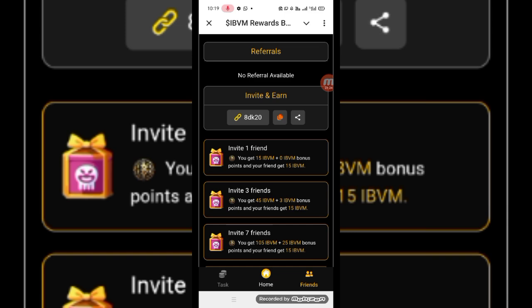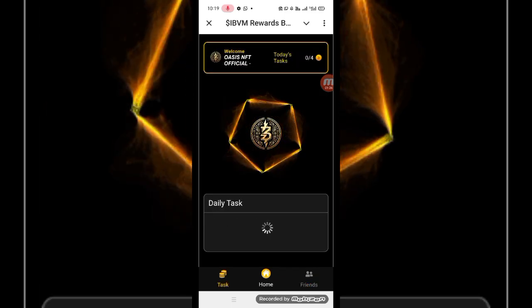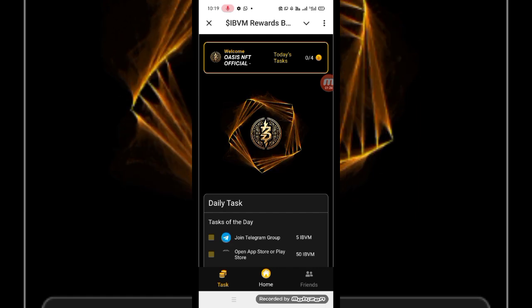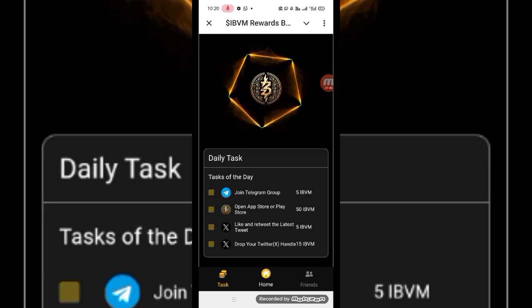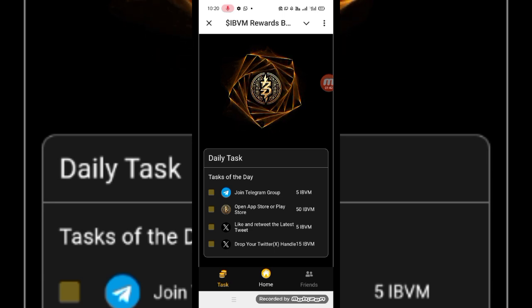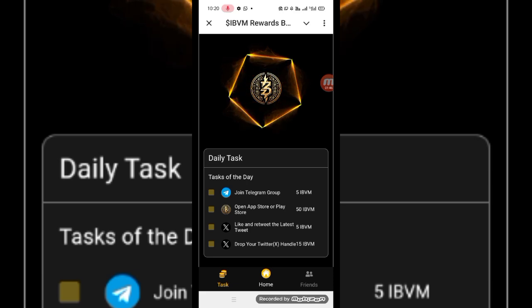And next guys, you can complete your daily task. So guys, you can click here and see this. So your today task is, you can check here, you can join Telegram group, you can receive 5 IBM. Open App Store or Play Store, then you can receive 50 IBVMs. Like and retweet the latest tweet, then you can get 5 IBVM. Drop your Twitter handle, then you can get 15 IBM.